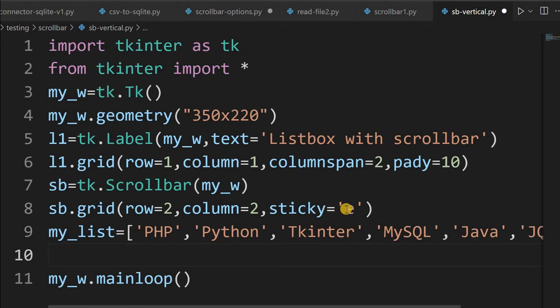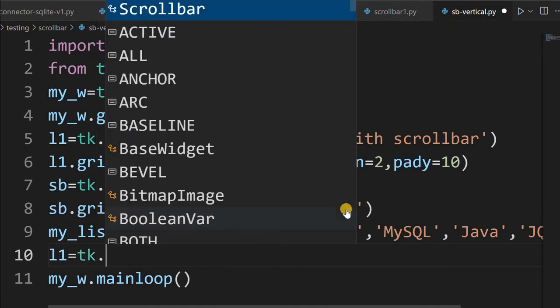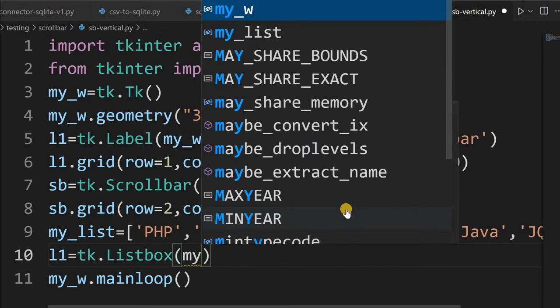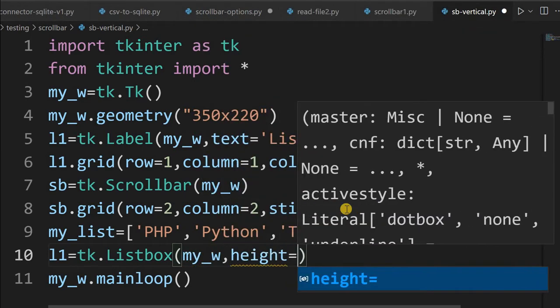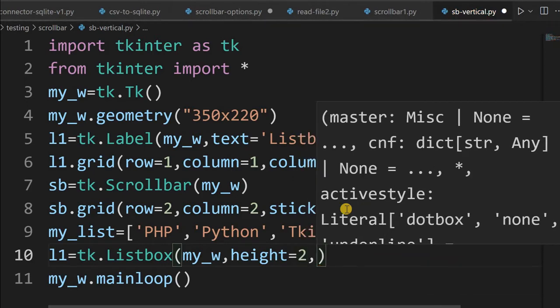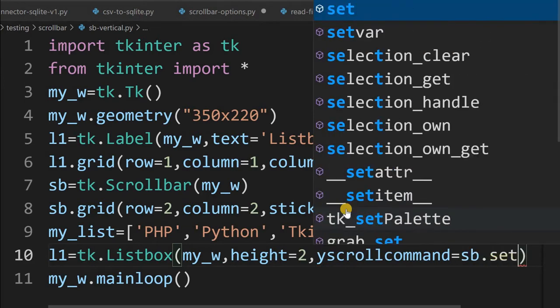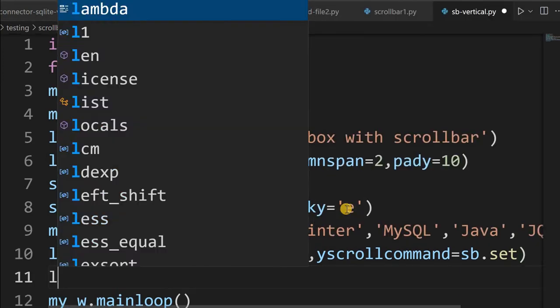Now what you will do, you will place the list box. L1 equal to tk dot Listbox. Now parent window is MyW. Now height equal to 2. Now here the most important command is yscrollcommand equal to sb.set. So now this is connected. Now let me place it in the grid.